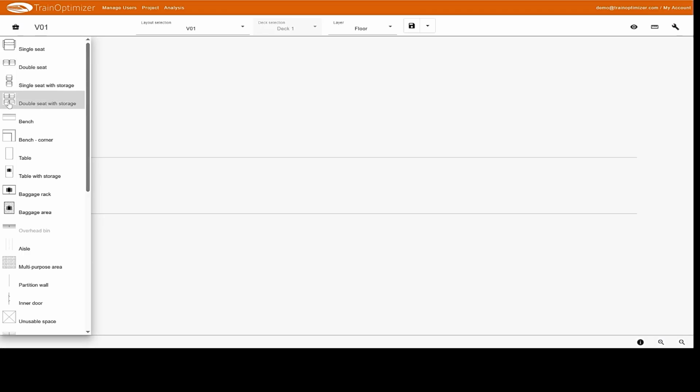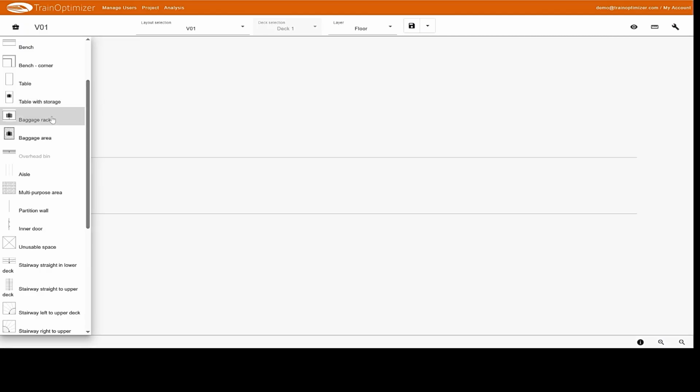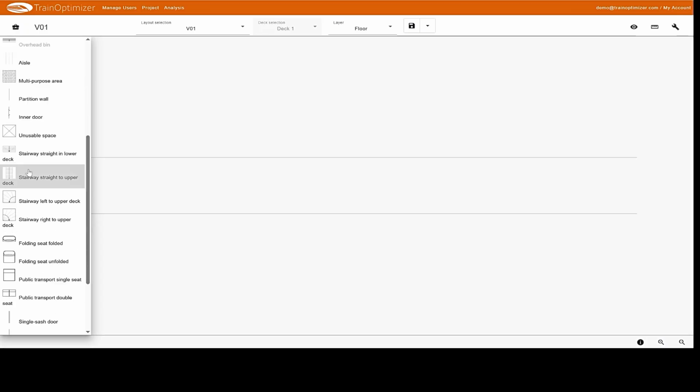Seats that have their own storage compartments between the backrests, but not to be confused with classic luggage racks. We have elements such as a bench seat or a corner element for a bench seat. Tables that are arranged so that luggage can be stored underneath them. We have luggage racks, luggage areas on the floor, overhead storage compartments, aisle areas, multipurpose areas,